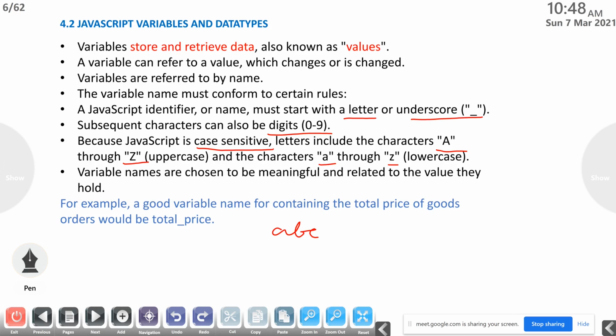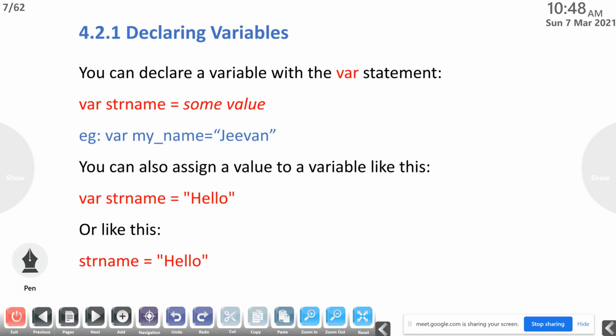For example, a good variable name for containing the total price of goods would be total_price, or percentage of marks, percentage_mark, or total marks, total_mark. So this is the good practice for naming variables.